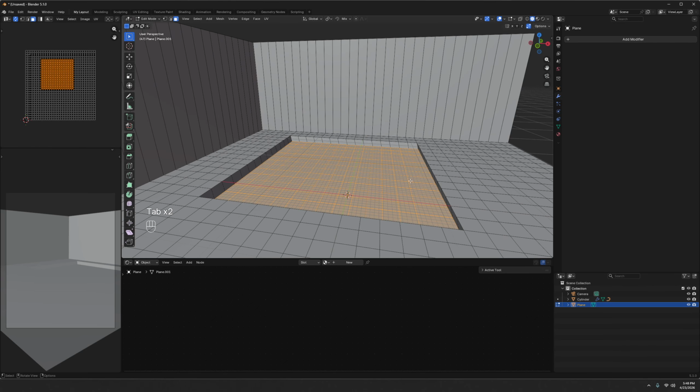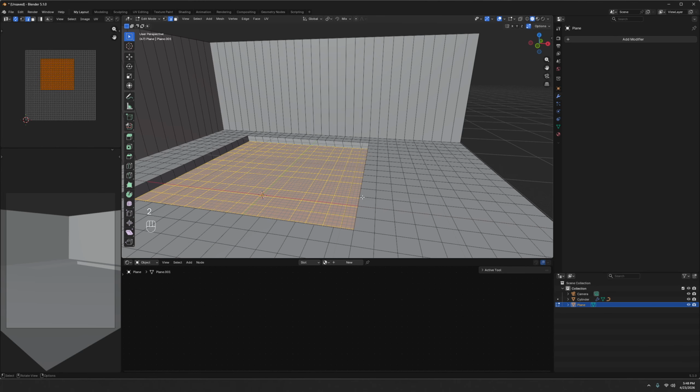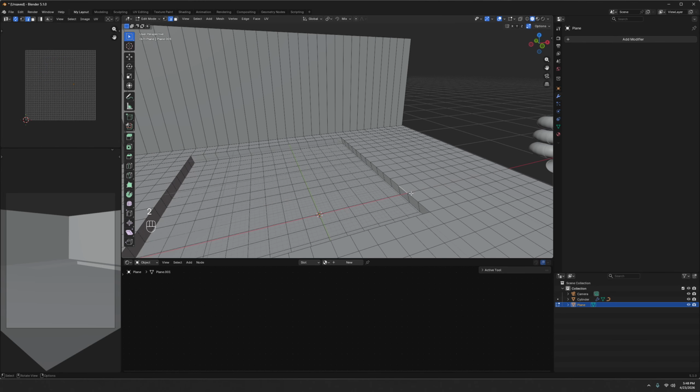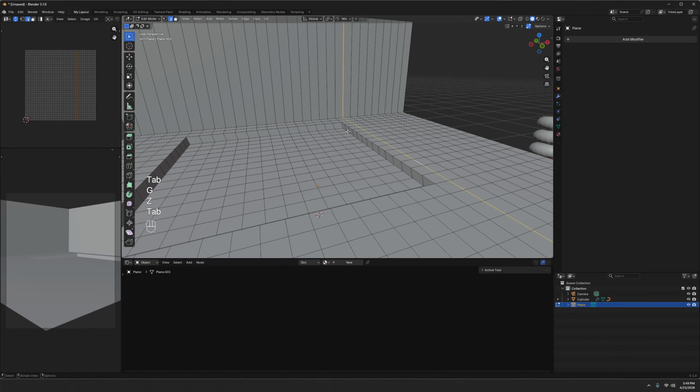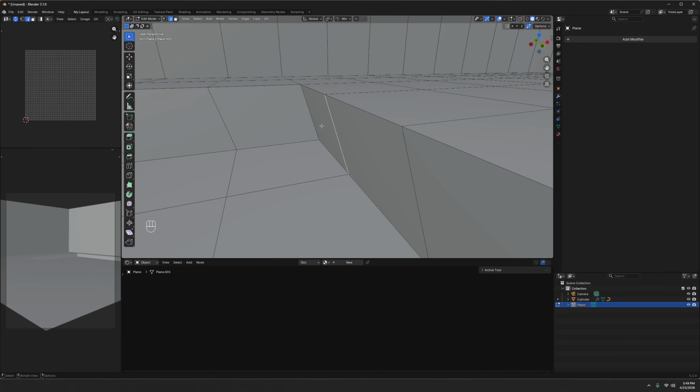So before we go too much further, back in edit mode, edge select. I want to bevel the edges of the pool. And normally you would just hold Alt and then select your edge loop. But because we have poles, here, let me bring this up a little bit. Because we have poles, which is like, if you look over here,